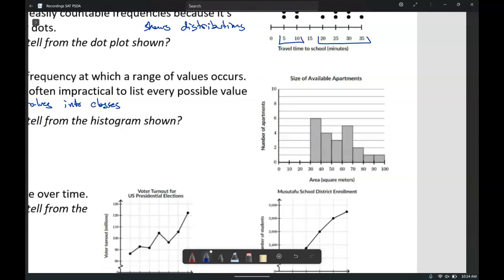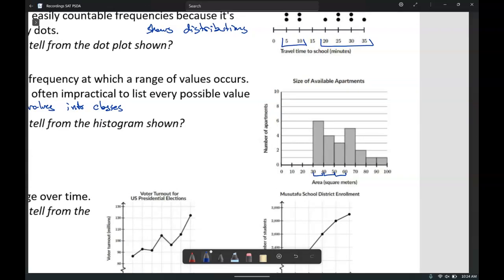And we see that we have these range values of 30 to 40, 40 to 50, 50 to 60, these groupings of data values. Now the downside of histograms is I don't know how many values are at specific areas. So for example, if I wanted to know how many apartments had an area of 35 square meters, I don't know how many there are because I don't know what the specific values are within the cell. I just know that there are 6 data values, 6 apartments